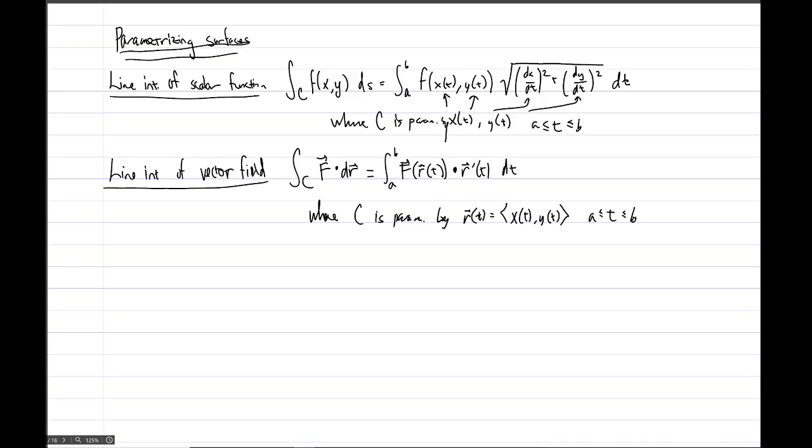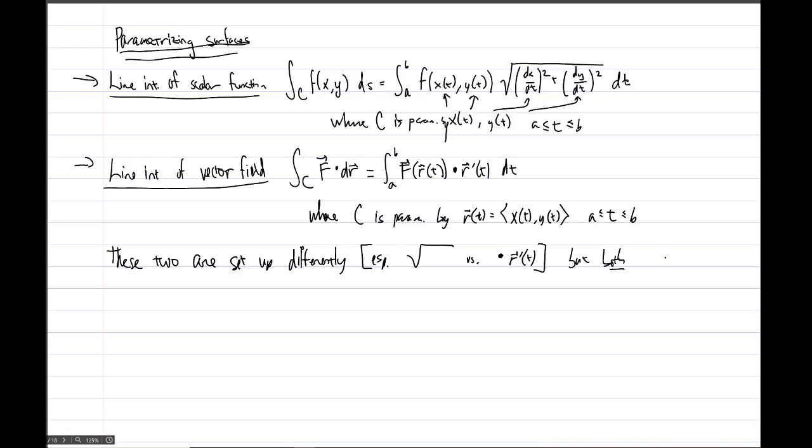I hope what's been very clear from both the line integral of a scalar function and the line integral of a vector field is that these two types of integrals are set up differently. You can see especially the key difference of the radical versus the dot with vector r prime of t, for instance. So these clearly are set up differently, but both of these things required parametrizing